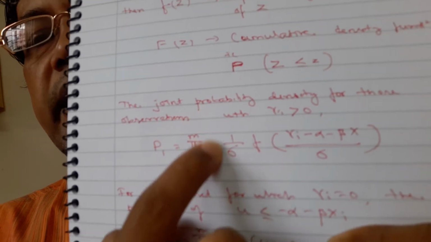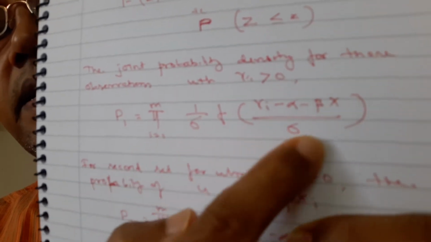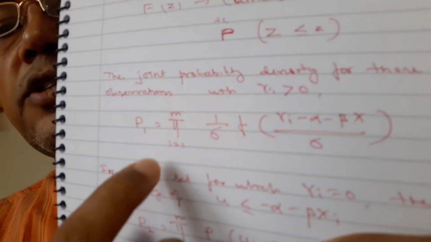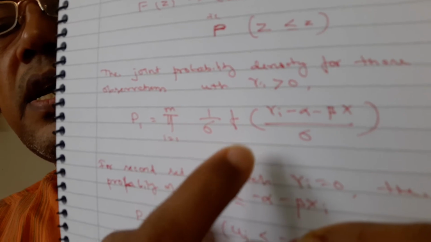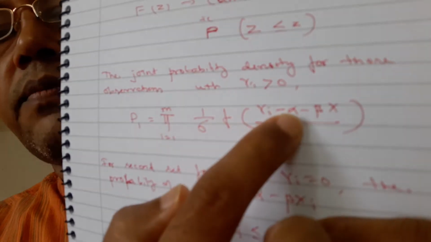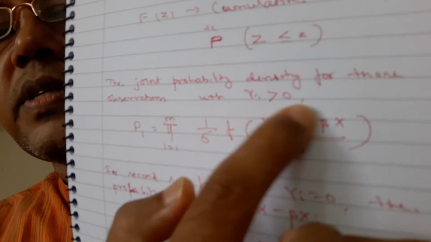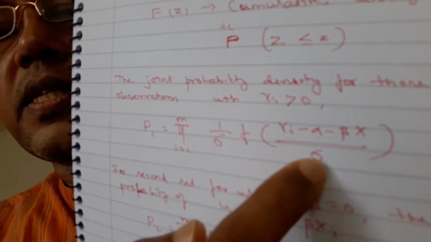I'm assuming there are m households for which we have information on how much they spent on housing. So they have bought a house or an apartment. This is their joint probability density function. Here this is basically u: yi minus alpha minus beta xi. The numerator is u, the denominator is sigma. So this basically gives the joint probability density,